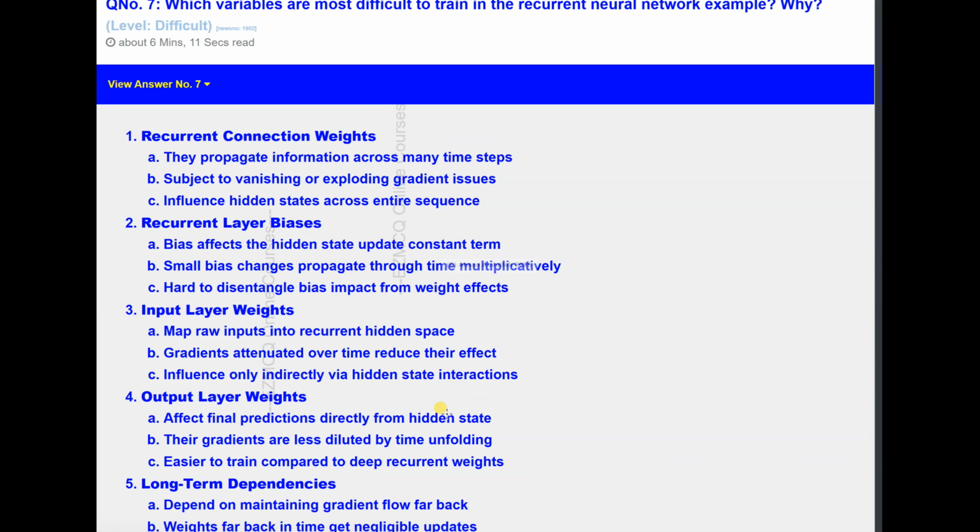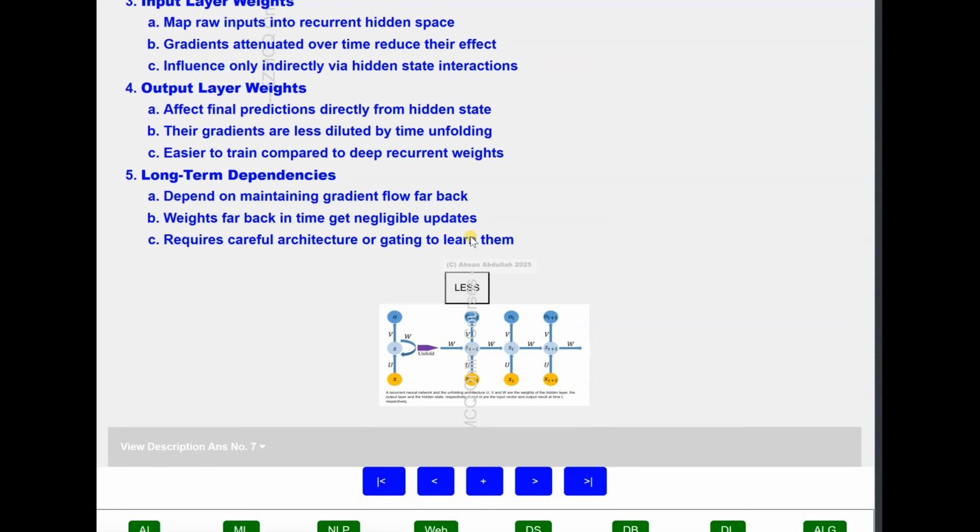And finally, the long-term dependencies. So they represent relationships across distant time steps. Now training them is difficult because the gradient signals weaken or attenuate or explode over long propagation chains. The solution is using specialized architectures that help maintain these dependencies. So the nutshell, the message to be taken home, is that it is challenging.